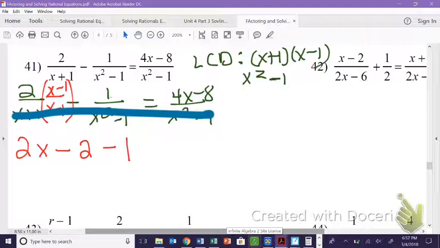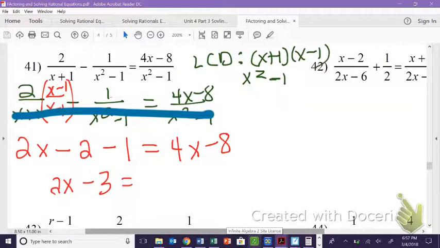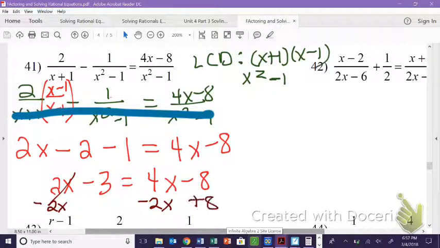Very good. Equals 4x minus 8. Combine like terms, and we get 2x minus 3 equals 4x minus 8. I'm going to move my 2x over to the right, so I'm going to subtract 2x from both sides. This becomes a 0. And I'm going to add 8 to the left side. So my resulting equation becomes